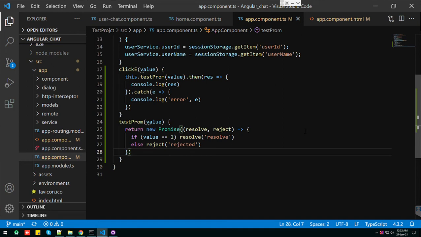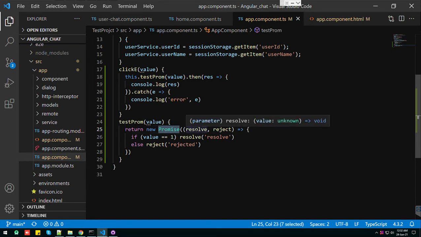Hello guys, today I'm going to show you a very little functionality of the promise function. This promise function is basically used for the asynchronous API calls. So whenever you make API calls, you might use this function. I'm just going to show you a very quick intro of the promise.